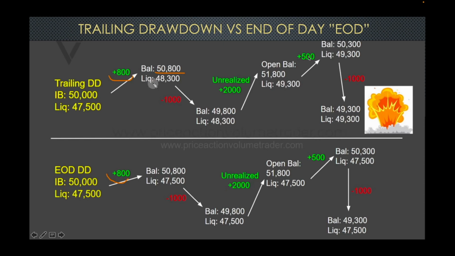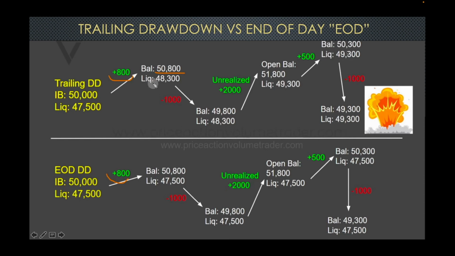You end up gaining $500. So now your balance is 50,300. Again, the trailing drawdown, it doesn't move up because it was $2,500 from this 51, so it stays there. Down here, you gain 500. You're up at 50,300. So basically, $2,800 now. You're to the good. But then you lose $1,000. Now your balance goes down to this 49,300. Technically, it has to go below that, but you get the point.